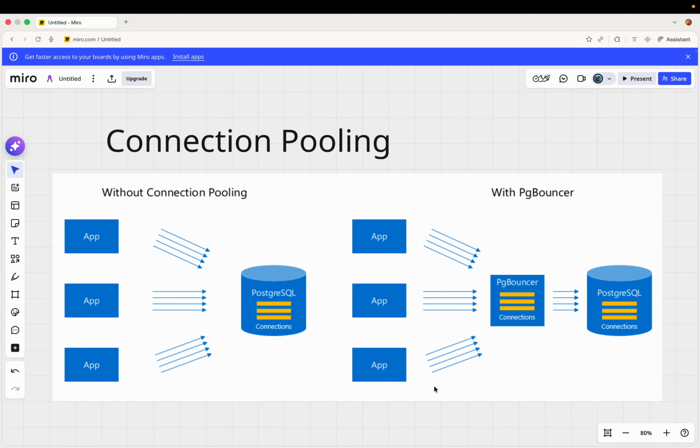We will be learning about connection pooling. It is one of the important topics in databases. So, connection pooling. Let's say